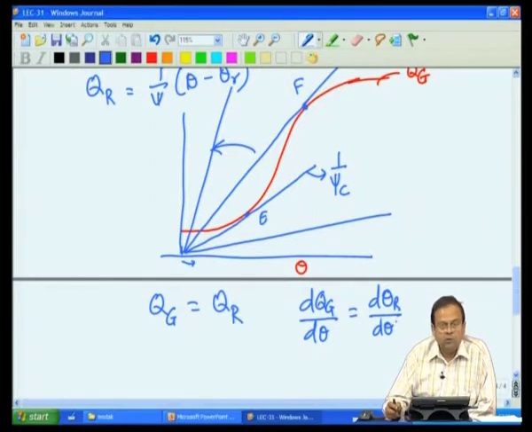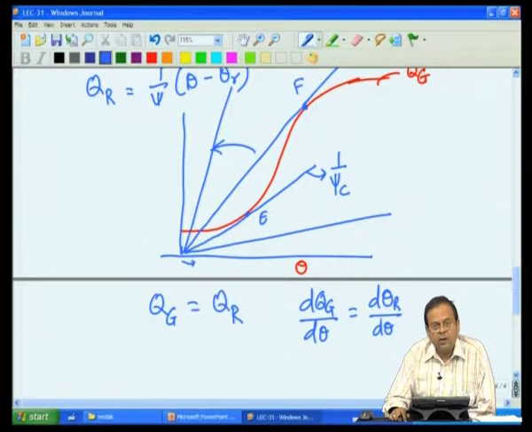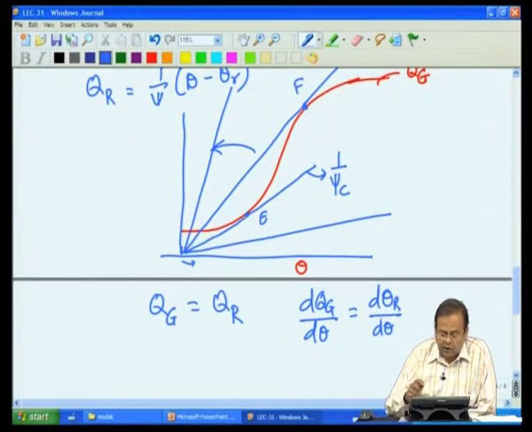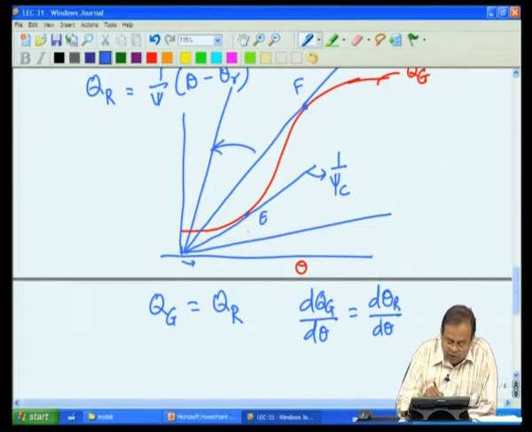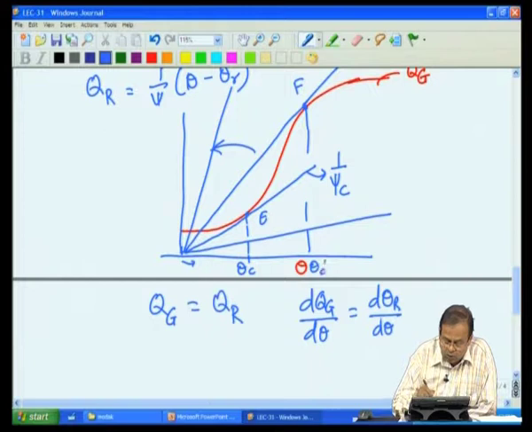That means not only are the generation rate and heat removal rate equal, but the rate of change of heat generation with temperature is the same as the rate of change of heat removal with temperature. And so, using these two equations, we can find the corresponding values of, let us say, critical temperature 1 and critical temperature 2. Let us call that point